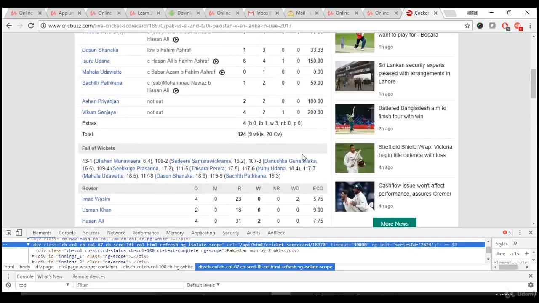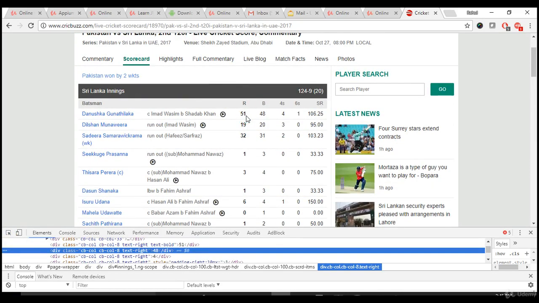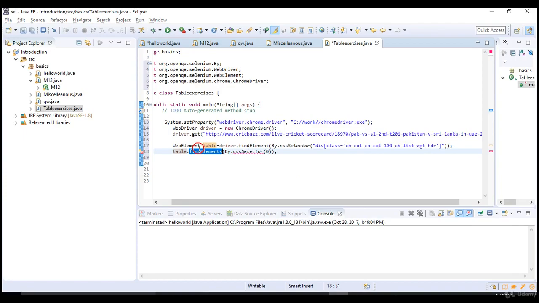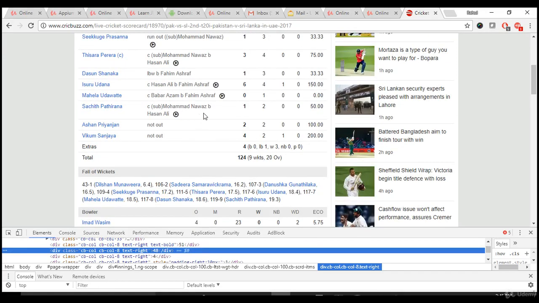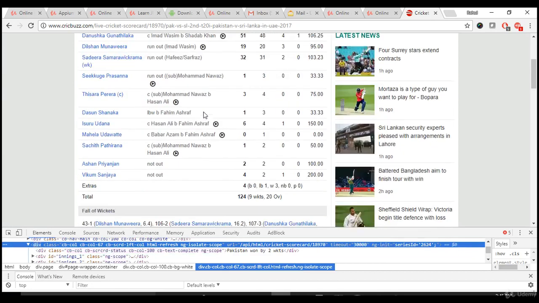If I give one common CSS for this row, you see that now if I select this, so this is one common CSS, right? So if I give this in driver dot find elements, I will get the common CSS of entire page. But here I want only in the table.